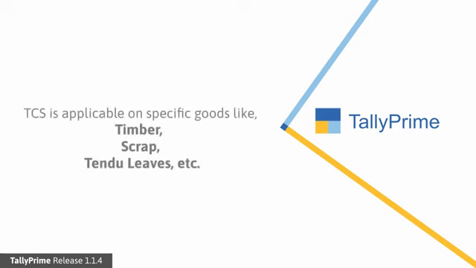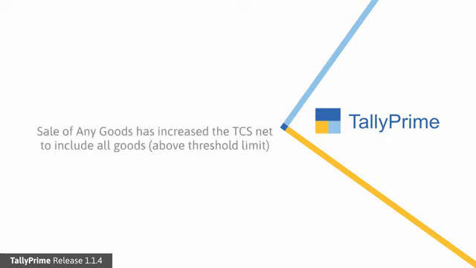We will also look at the provisions made in TallyPrime to handle the sale of any goods introduced in the Finance Budget 2021. Tax collected at source or TCS is what a seller collects from his buyer for selling specific nature of goods, for example, timber, scrap, tendu leaves, and few others. However, with introduction of sale of any goods in Budget 2021, the TCS provisions is amended to widen and deepen